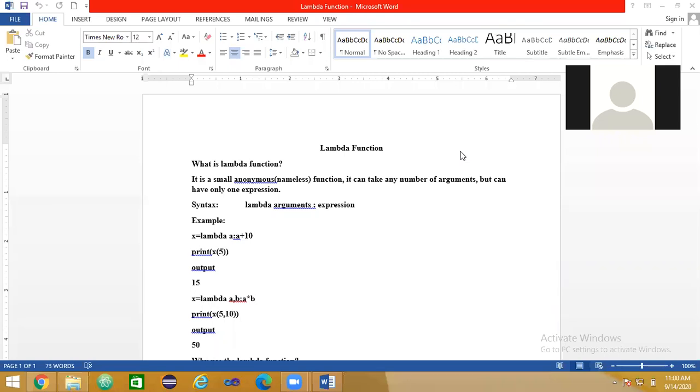Okay, as I told you, we will go through functions. One new concept about functions in Python we will discuss. Then after that, we will go in depth into the function procedure in Python. So here